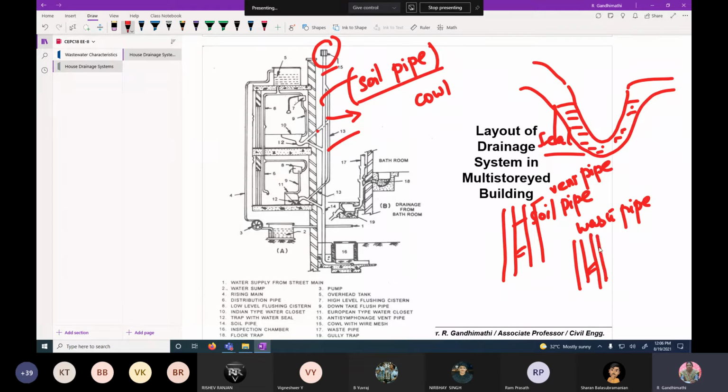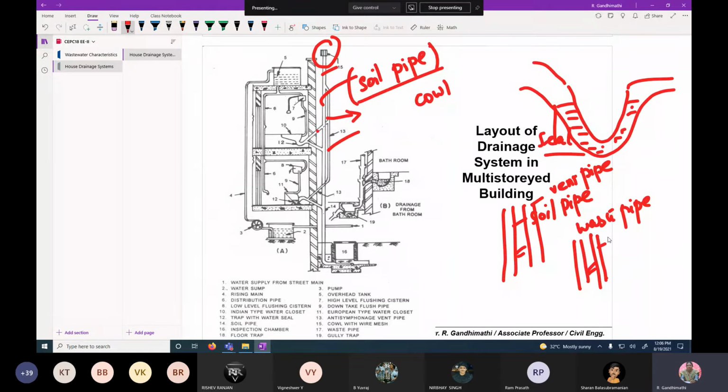Therefore each pipe, the soil pipe with vent pipe arrangement and the waste pipe with vent pipe arrangement, is provided. For example, in some multi-storied buildings, they have 4 pipes. One is the waste pipe that is attached with a vent pipe. Similarly, the soil pipe is attached with a vent pipe.